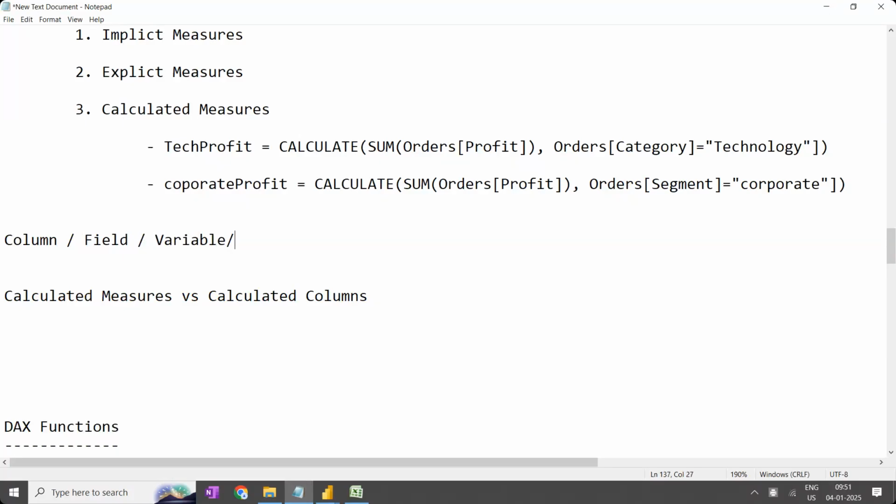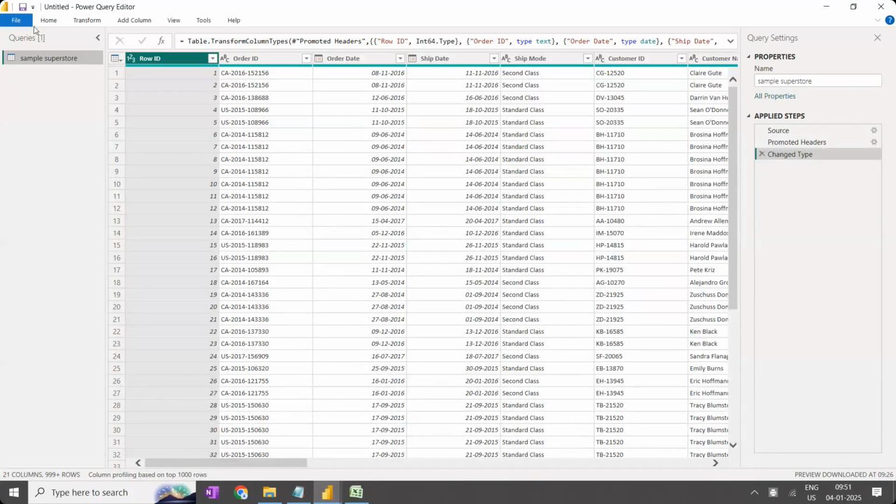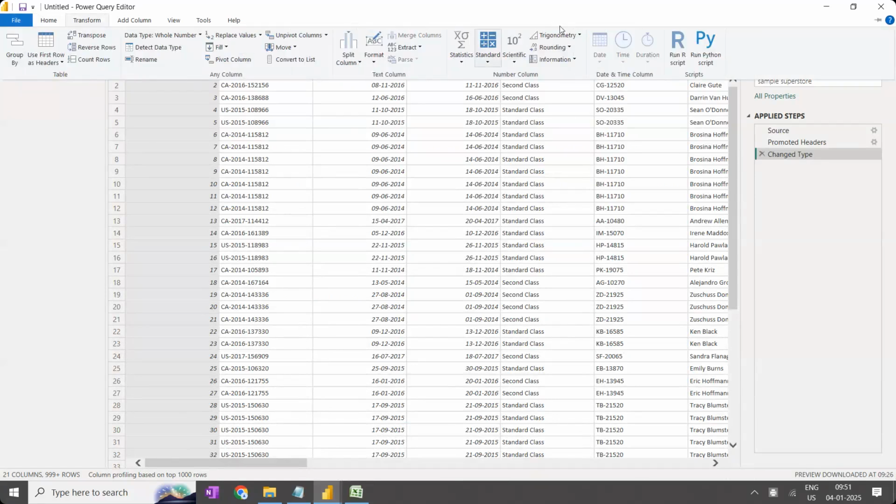Okay, next one is feature engineering. Everything is the same. Feature engineering means variables you are modifying as per your requirement, as per your choice. Now here we have the Power Query editor. Within the Power Query editor, we have different things. Here, Transform is the main one, and we are going to discuss all these options in today's class,